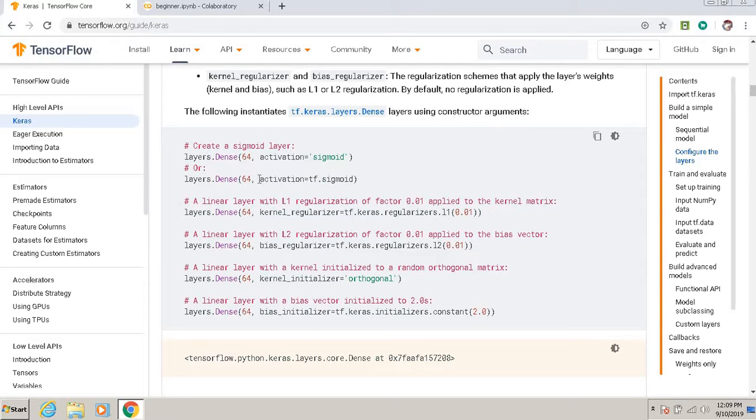We can write this way also, so both ways work. Now if I want to go for a dense layer with a regularization factor of 0.01, then I can write this. Layer 2, etc., etc.